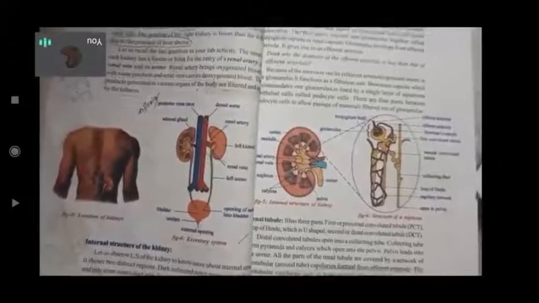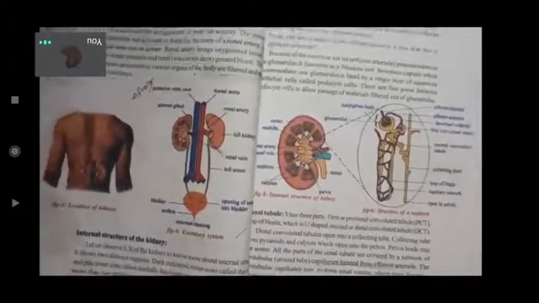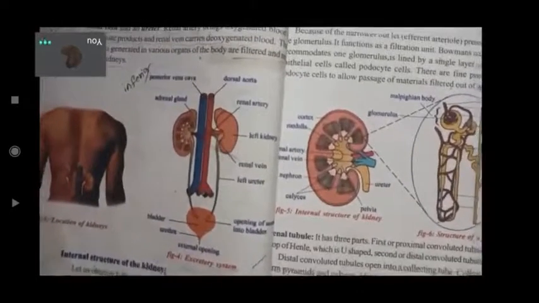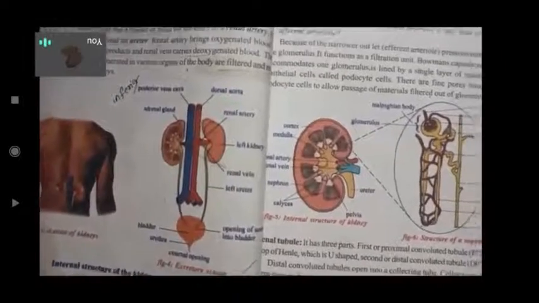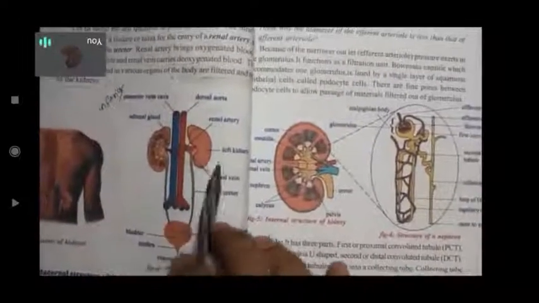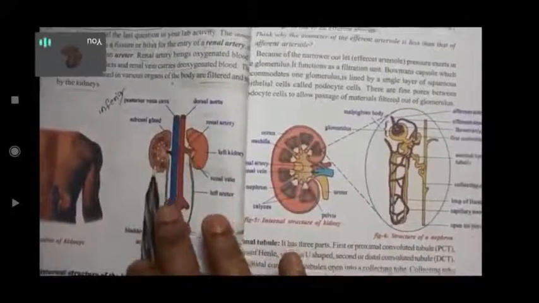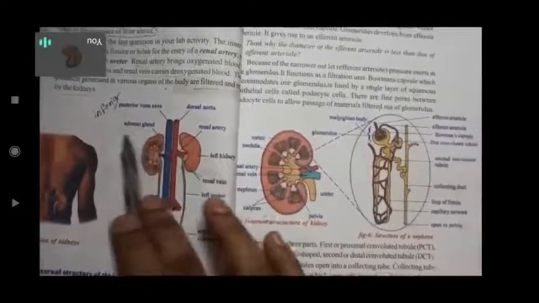So like that, I think you understood. It is clear, I think. Now I want to explain about these veins. The renal veins have left and right branches. Here we have two branches, for the left kidney and the right kidney. One is somewhat down and one is somewhat up because of the presence of the liver, as I told you.